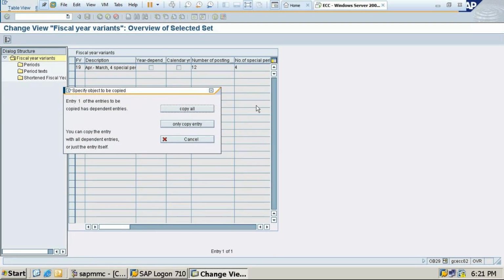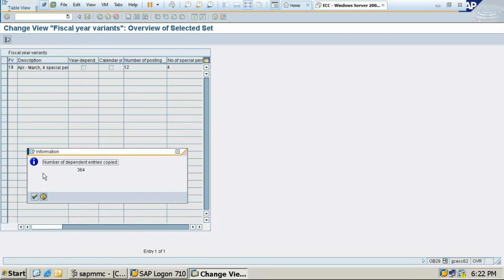You will get one more screen, so click on copy. Entry 1 is the entries to be copied as dependent entries. Click copy all, the first option only. Once you copy all, it will show number of dependent entries copied 364. Just click on the tick mark.